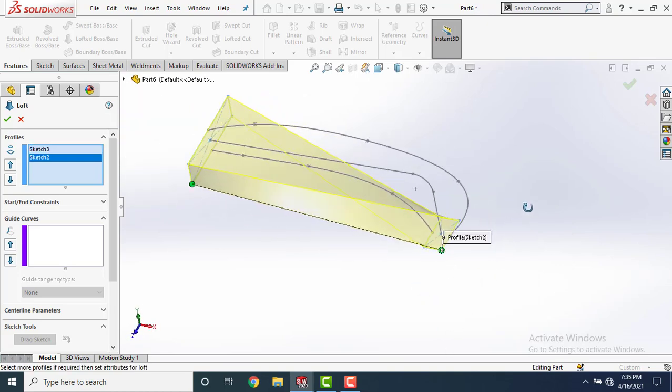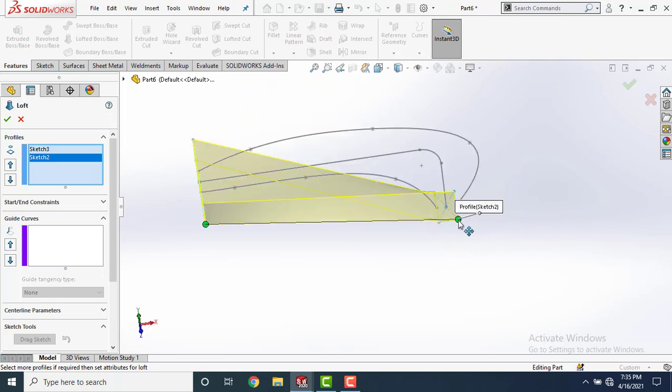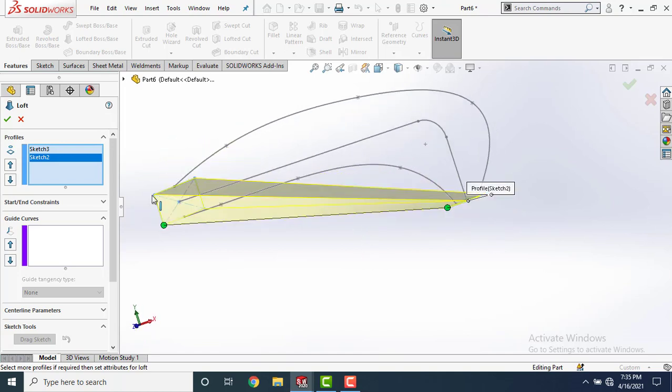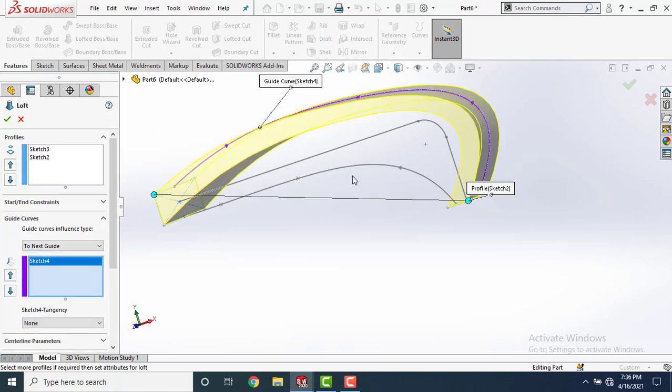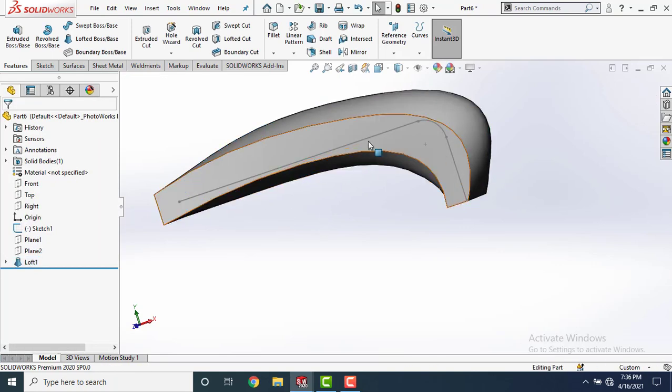Now again there is some twisting here. So just align this green dot like this. Now it is okay. Now the profiles are selected. Go to the guide curve and select these two guide curves. This one is our first guide curve and this is our second guide curve. Click OK. You can hide this line.